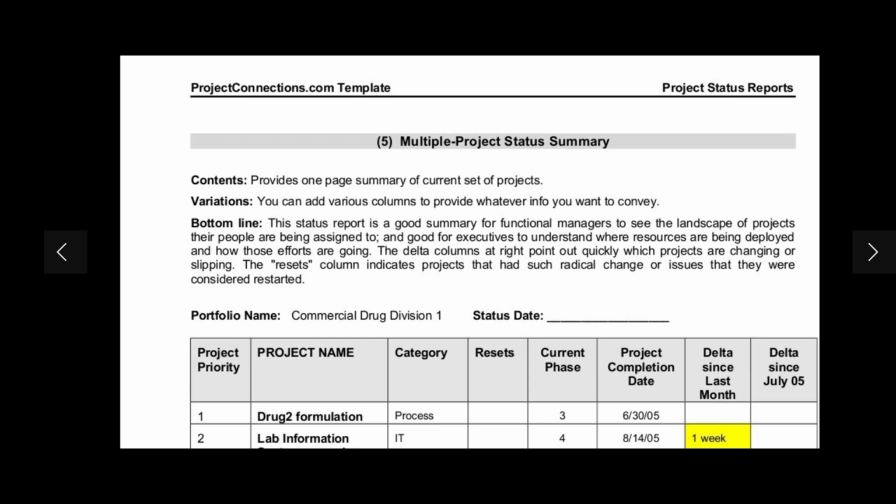And bottom line, this status report is a good summary for functional managers to see the landscape of projects their people are being assigned to, and good for executives to understand where resources are being deployed and how those efforts are going. The delta columns point out quickly which projects are changing or slipping. The resets column indicates projects that had such radical change or issues that they were considered restarted.